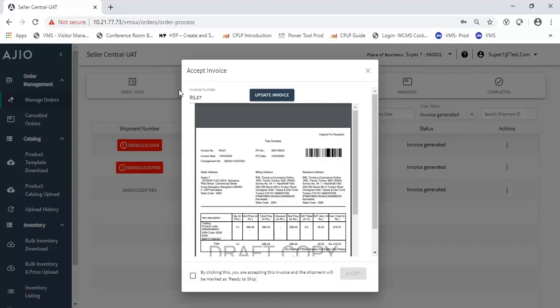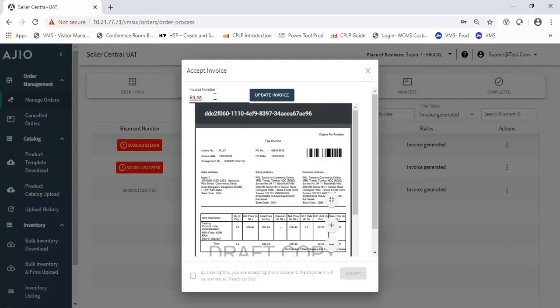In case I want to change the invoice number, now as you see I have changed the invoice number. So if you see, this box is also now disabled.